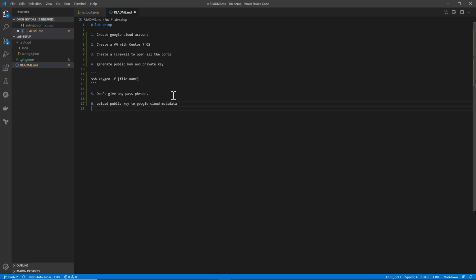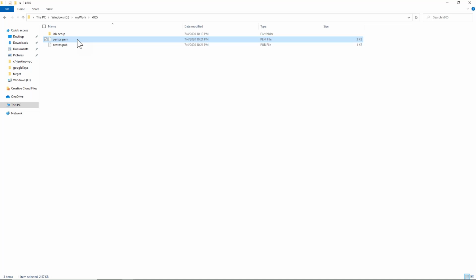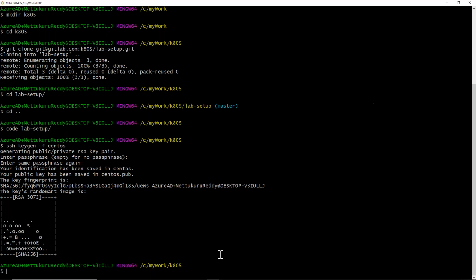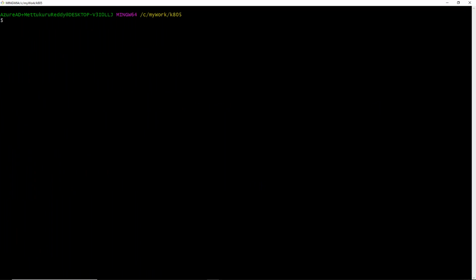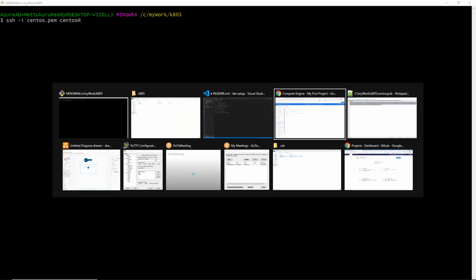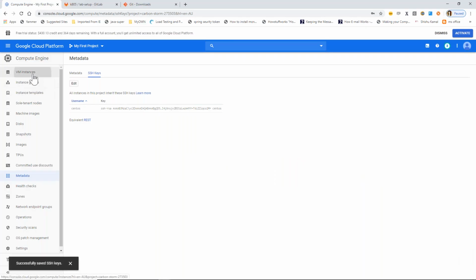Then the next step is, now we can connect. We have our private key with the .pem extension. Usually the extension doesn't matter, but it helps for detection purposes. Now how will you connect? ssh -i, that is your private key, CentOS.pem, and then the username CentOS@IP address, your external IP address.